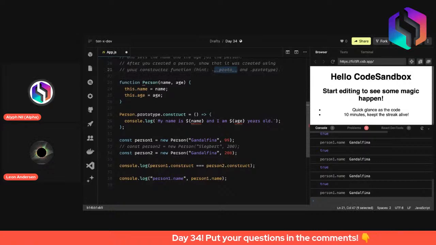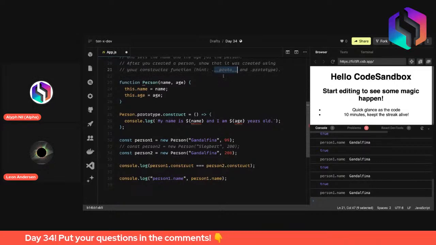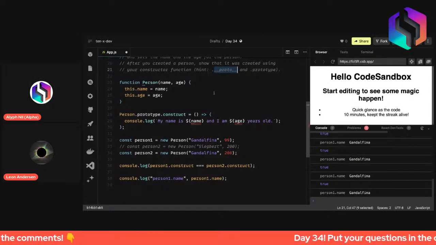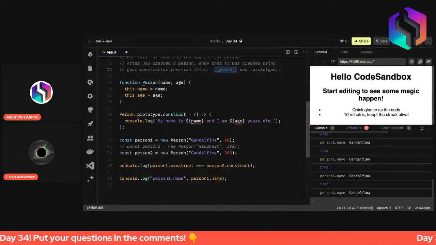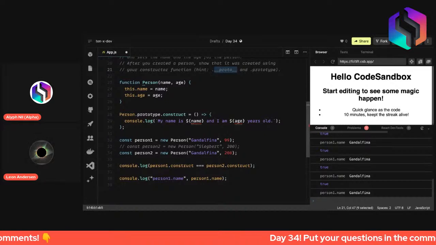People also say Dunder. So what do you do with Dunder proto? How's it called? Dunder is like an abbreviation of double underscore. So people have shown you Dunder proto. Got it. So you can basically find it if you console.dir